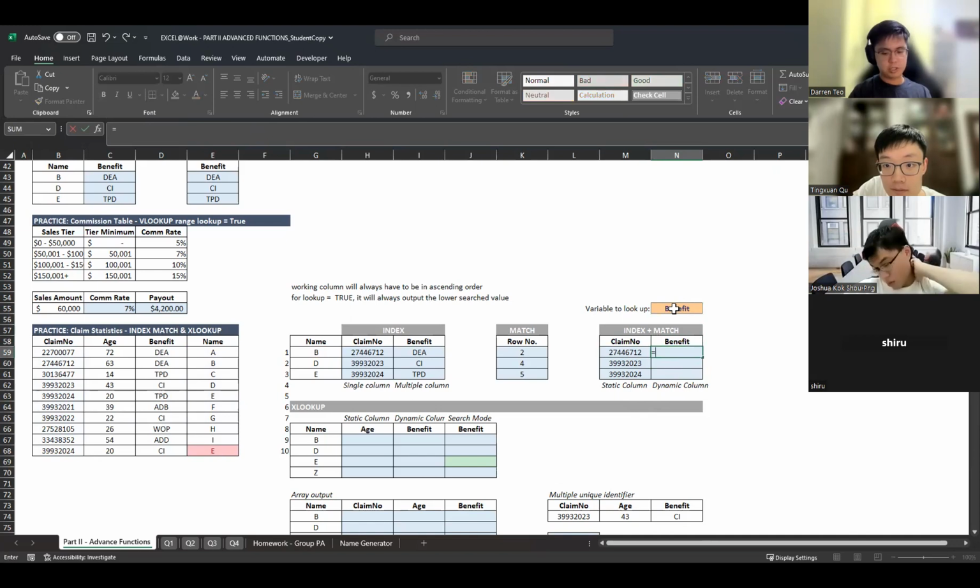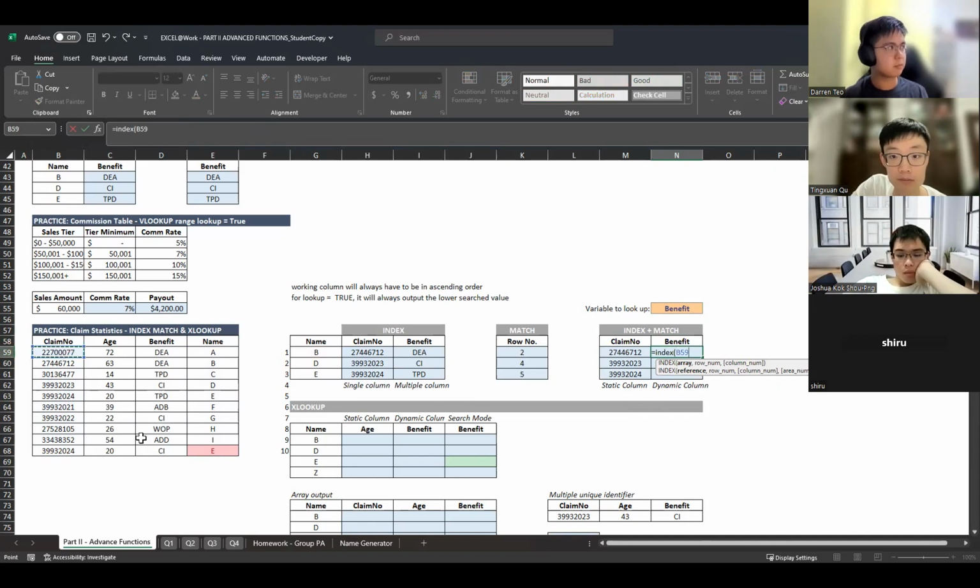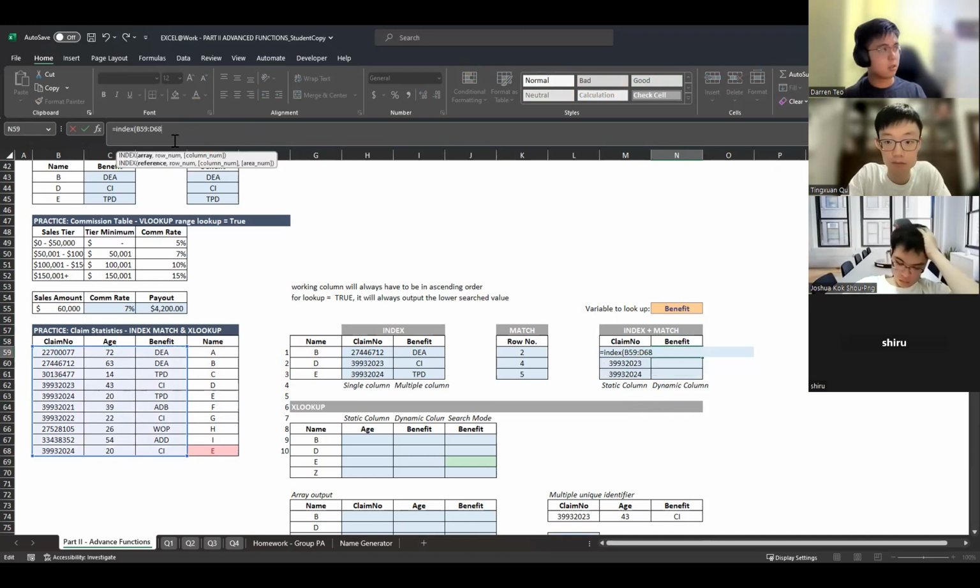Again, I can do index match. Now let me highlight everything here. I highlight these 3 columns. And then the next thing is, what's my row number?